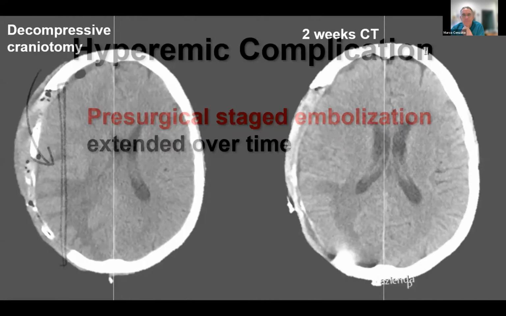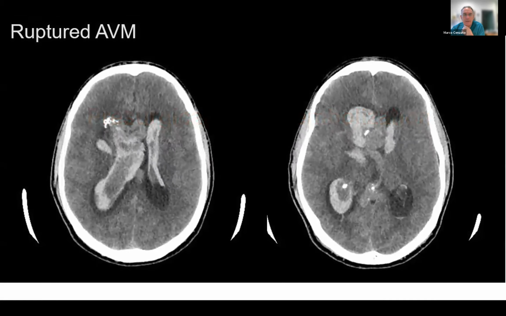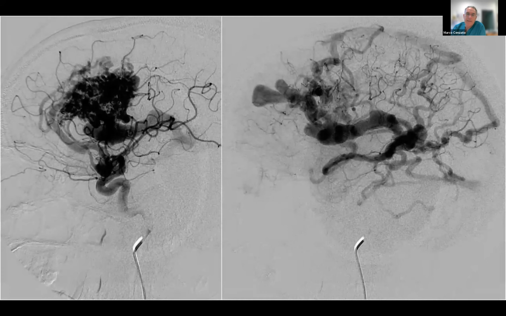So we think that dealing with the vein is very important. It's something we have to consider for surgery. This was another important patient with a deep, huge AVM that had this big drainage vein deep in the brain, and with all those ectasias that were very dangerous, the patient bled. But surgery in a case like this was very scary.